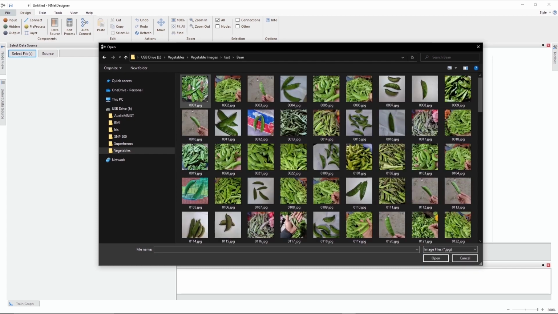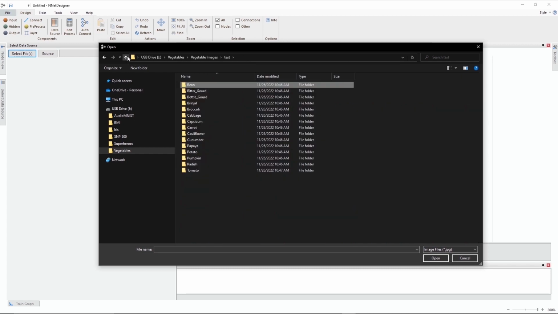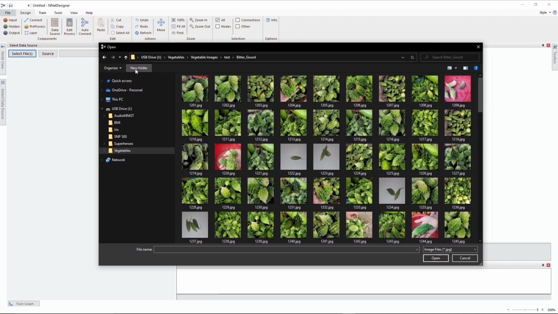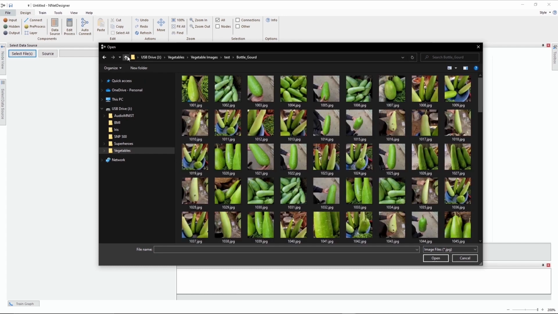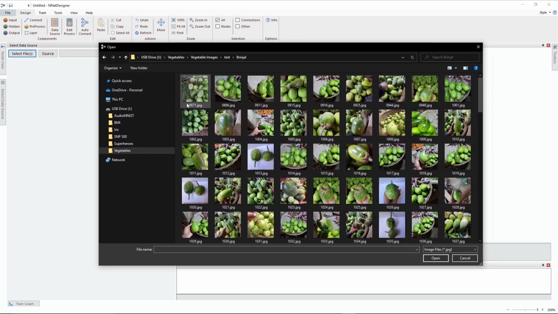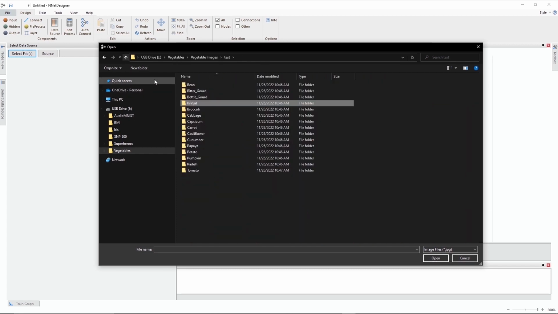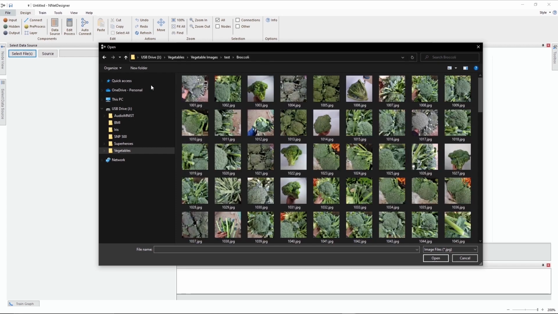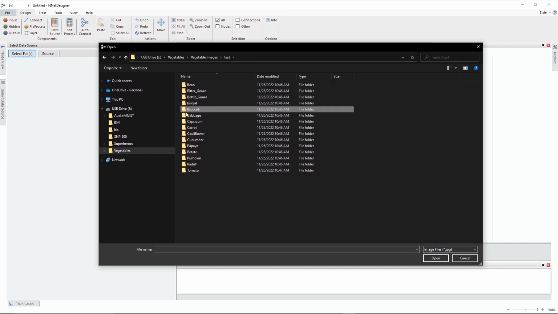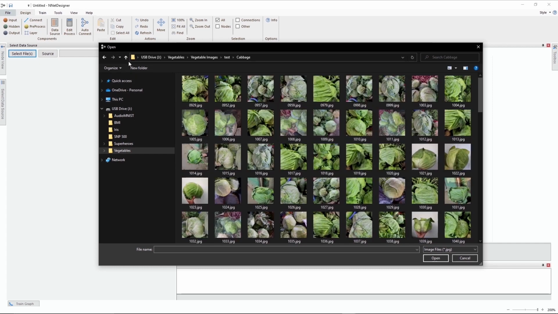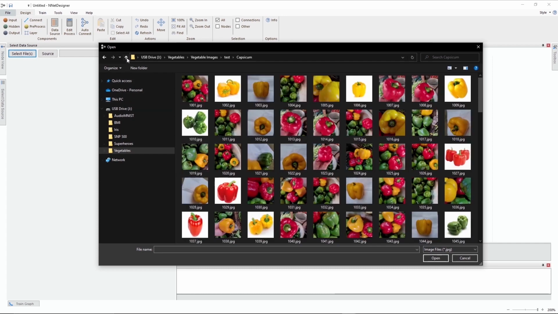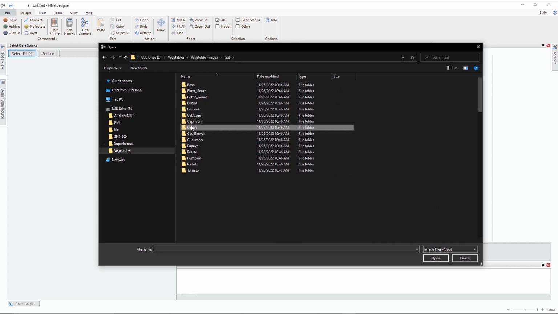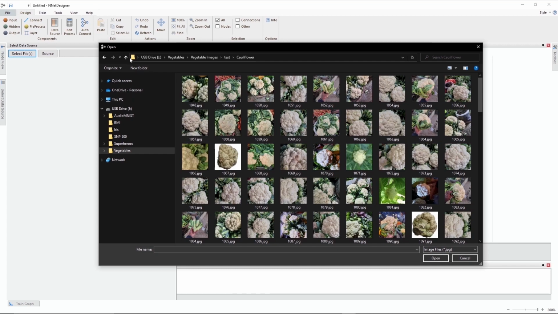There are green beans, bitter gourds, bottle gourds, brinjal or eggplant, broccoli, cabbage. There are a lot of green vegetables. Capsicum or peppers, carrots, cauliflower,